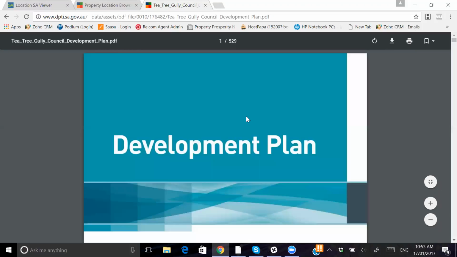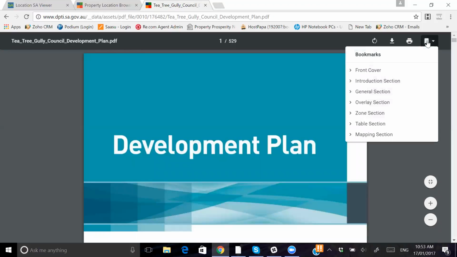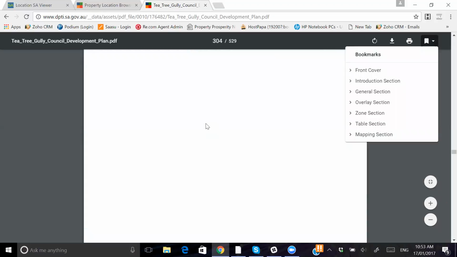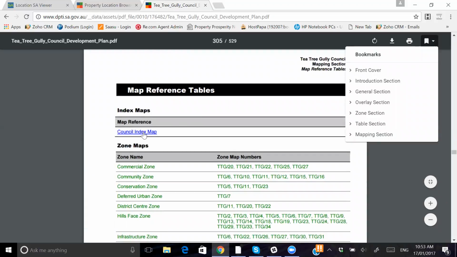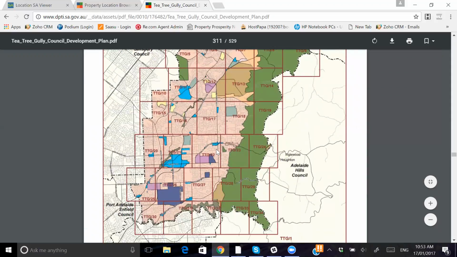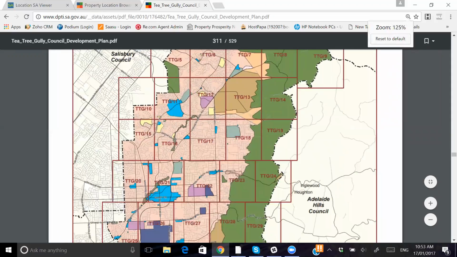Anyway, so what we're going to do, once we get into here, is scroll down and try and find the map section here. The reason we're doing this is because we know that it's council index map. The cool thing about this is if we know our area really well, we can find on this map really easily where it's located, because we know that